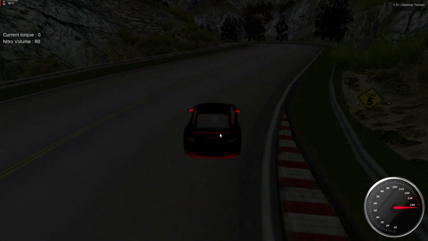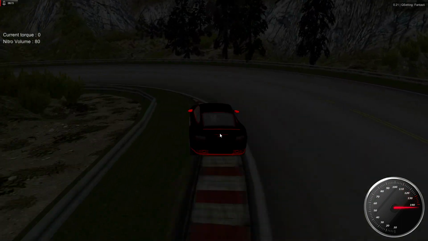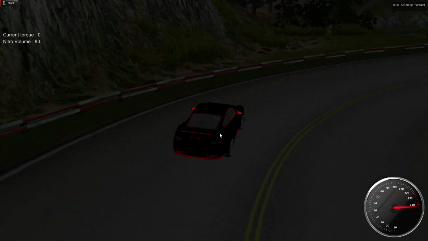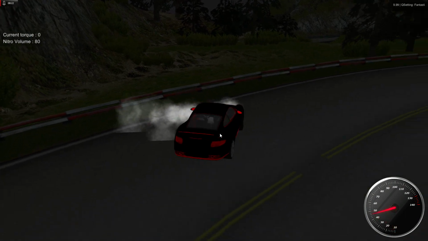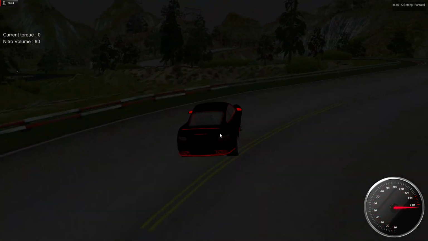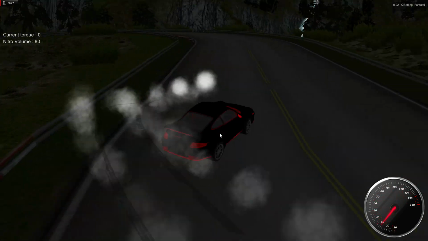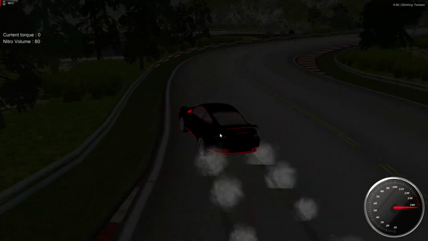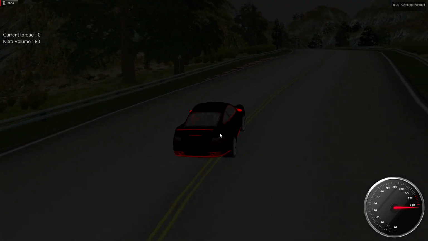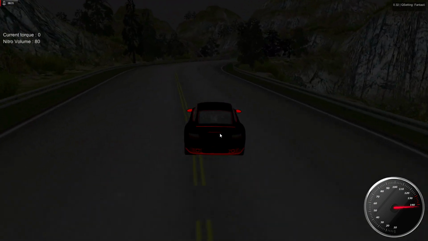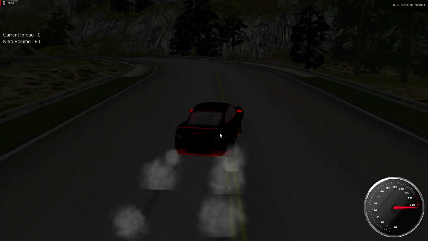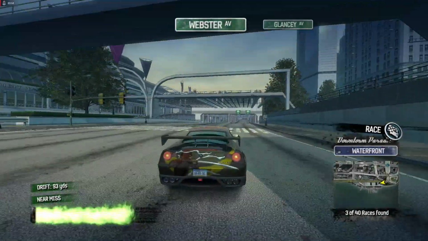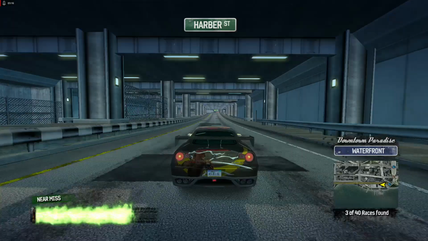But this is literally just the Unity track here. There's nothing changed other than that quote-unquote Easter egg, and I think I might have made the trim on this car red. Other than that, this is literally just a re-upload of the Unity racing tech demo. I don't know how this didn't get taken down from the Unity forums, which, by the way, is still up. I'm just gonna close out of it now. That is still up on the Unity forums.